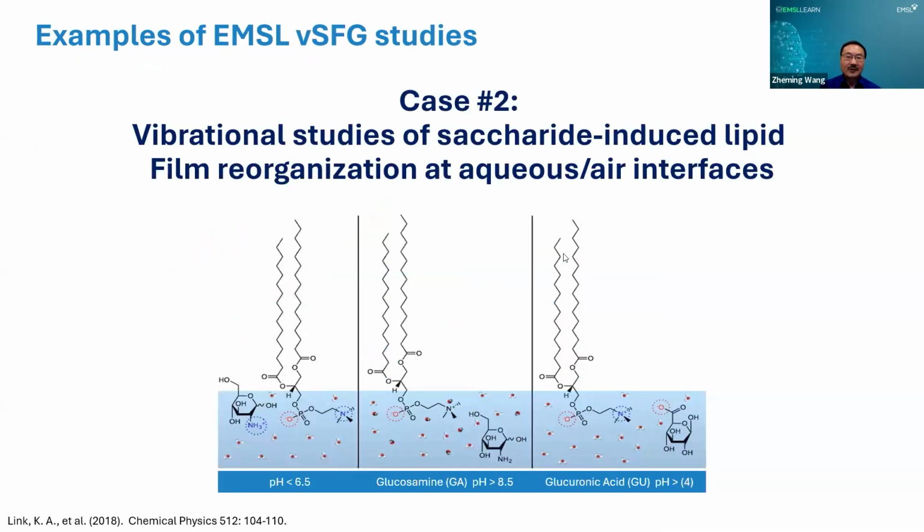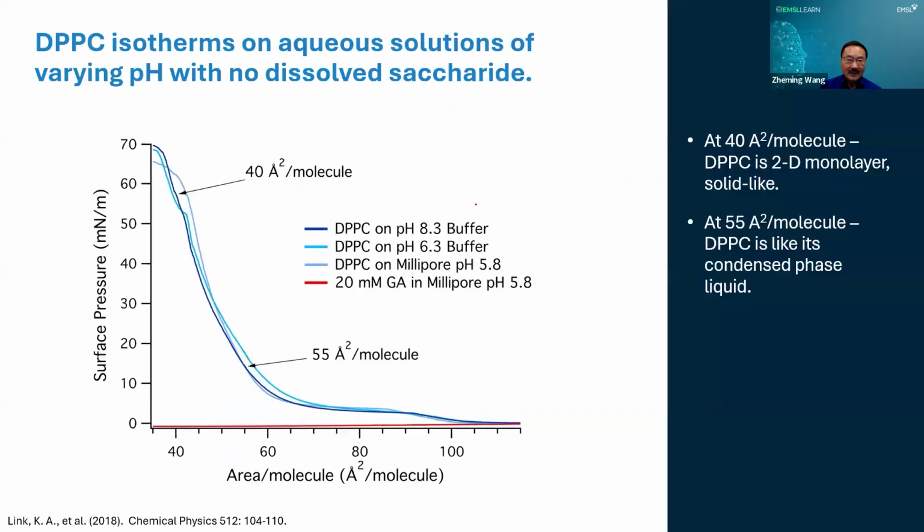The second example, I will briefly go over these slides. Over here, we see how saccharide small molecules can affect the conformation and the orientation of lipid monolayers on an aqueous surface. This also has potential atmospheric science background, but it also has strong applications in biology-related research projects. Okay, so the lipid called DPPC,